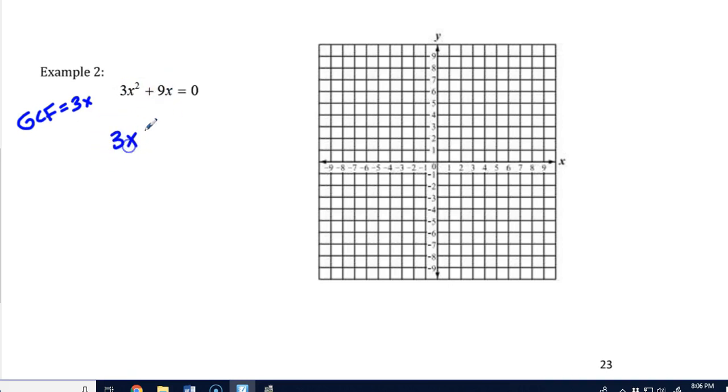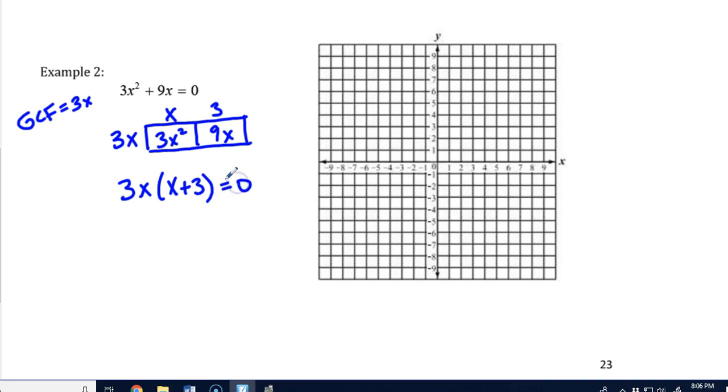So we're going to create our little box, and we're basically going to undistribute. It's only a 1 by 2 box because the GCF means there's a monomial times a binomial that creates this quadratic. Okay, so we've got our two terms inside. We need to find out what the 3x is multiplied by to become 3x squared. X. What is the 3x multiplied by to be 9x? 3. Okay, so now we have our factorization. 3x times the quantity x plus 3